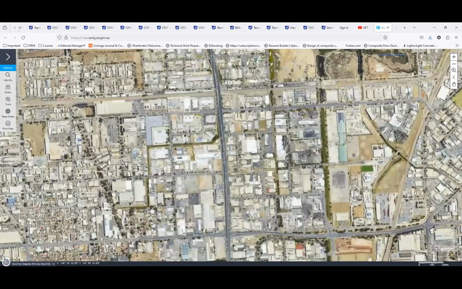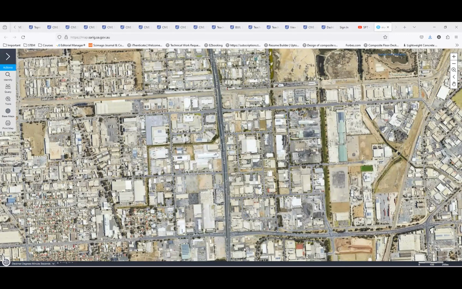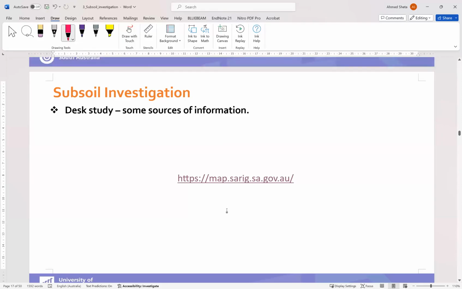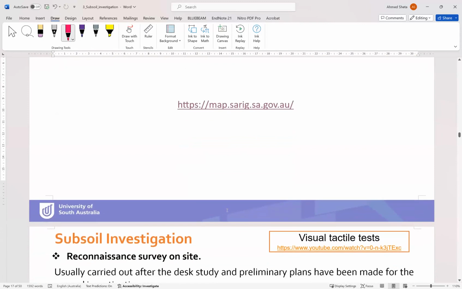Okay, so this also may be a helpful source for you to look at in the desk study stage. And if we return back to our slides,